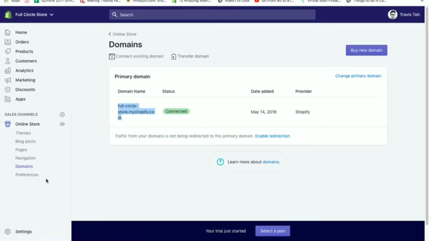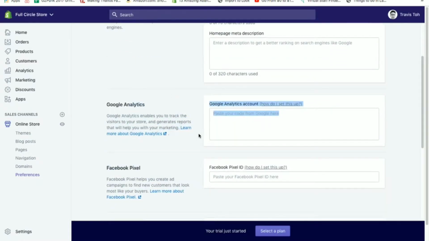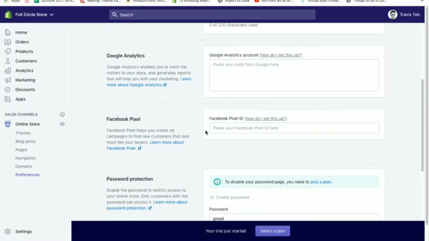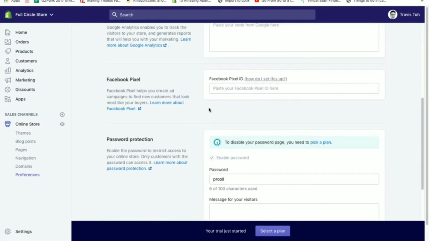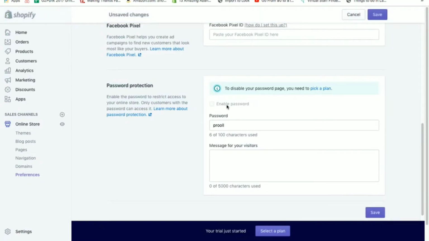Okay, and preferences is where firstly you add your title and meta description. This is for SEO. Google Analytics account if you want to link it here. Facebook pixel if you are connecting your Facebook page account. And password protection. This is also where people have a hard time finding when they want to disable their password,